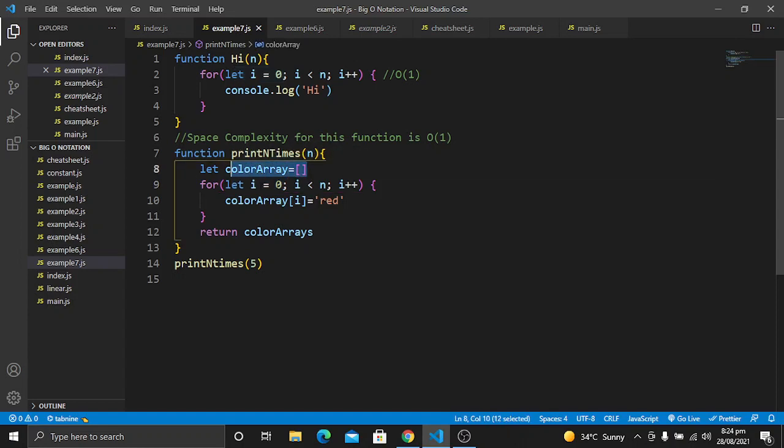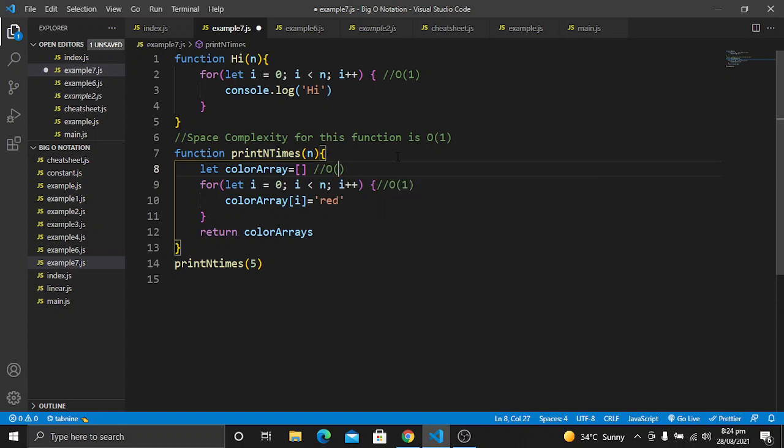For this variable the space complexity is O of 1, but for this array the space complexity is going to be O of n.